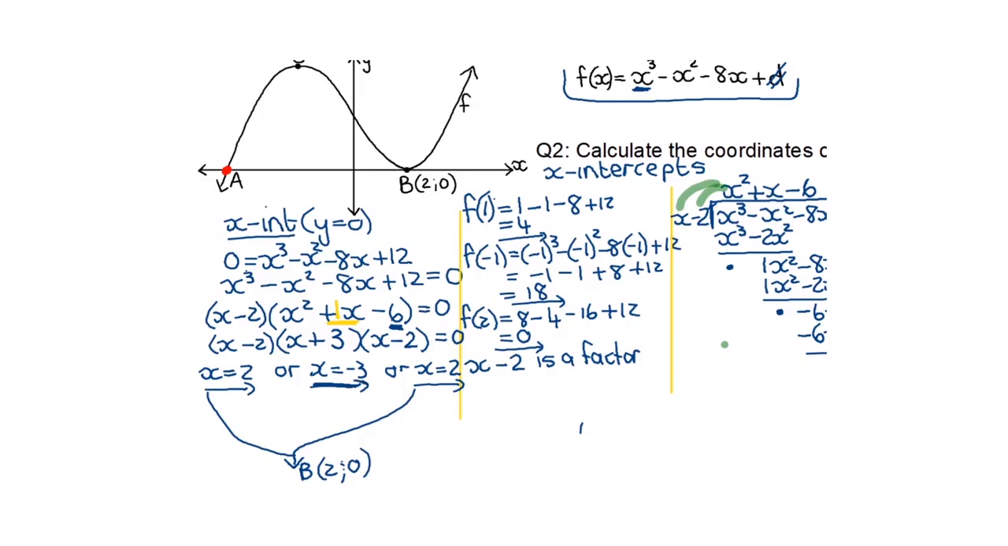So the other one, the actual question was, what are the coordinates of A, which must then be negative 3, and because it's lying on the x-axis, the y value will be equal to 0. So this question was, what are the x-intercepts? And I have determined that. The next question says,